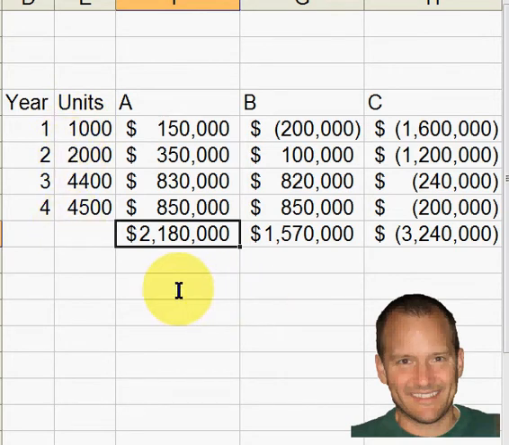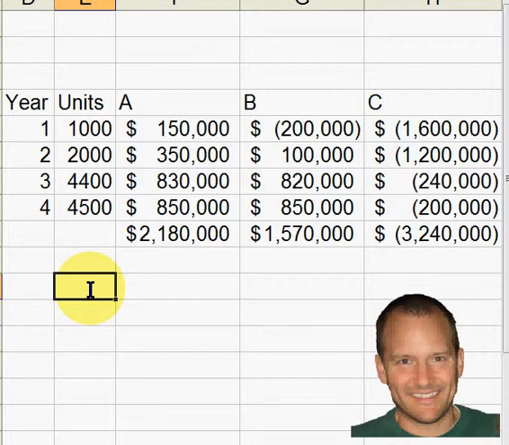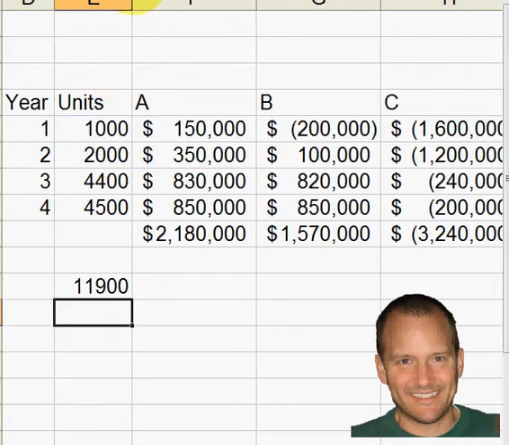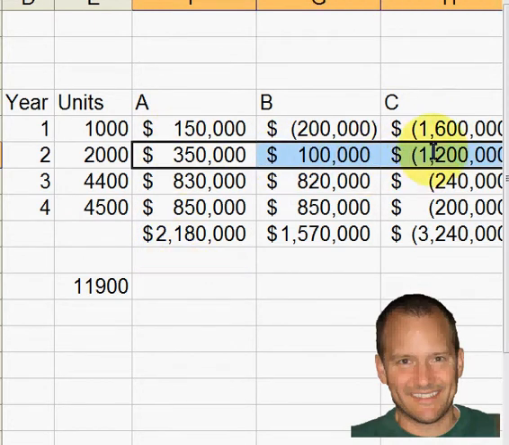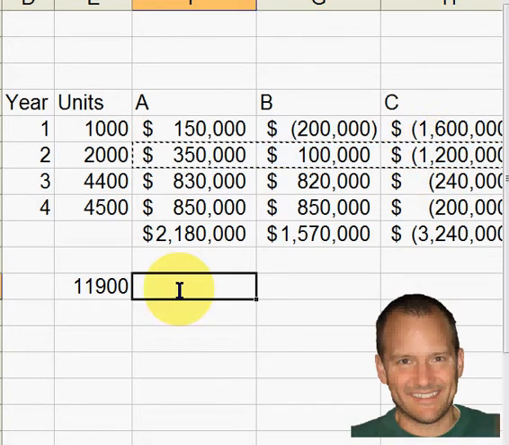Now that would be a little bit different if we just assume that that were a fixed cost, a one-time upfront fixed cost. So if we were to take a look at our units, in this case we would just look at our units for the entire period, and let's just sum that up. It's going to be 11,900. Now in this case we can just take these same formulas and paste them down here,